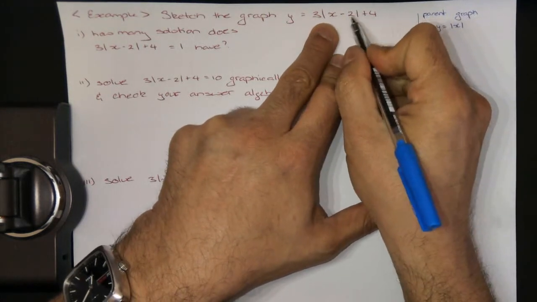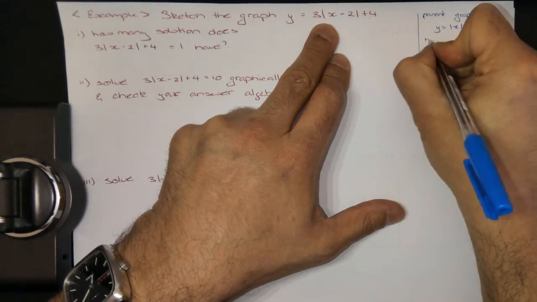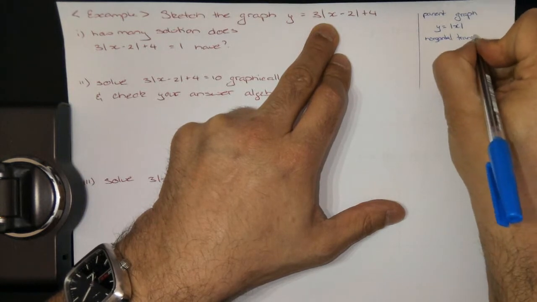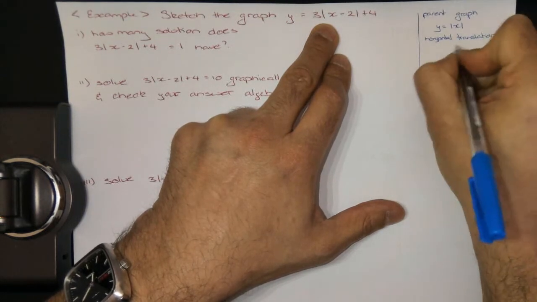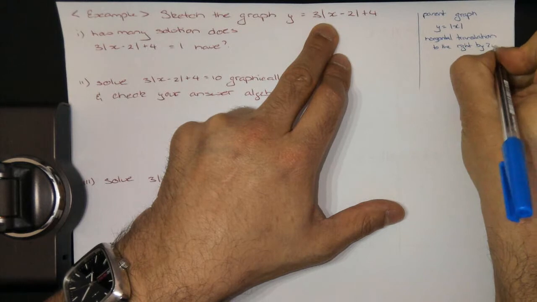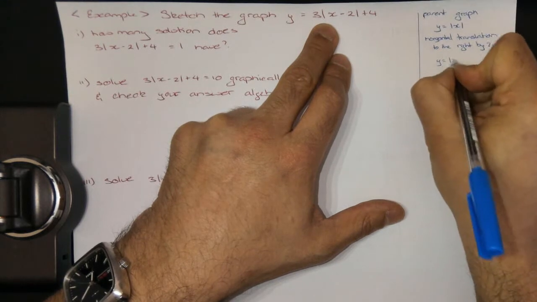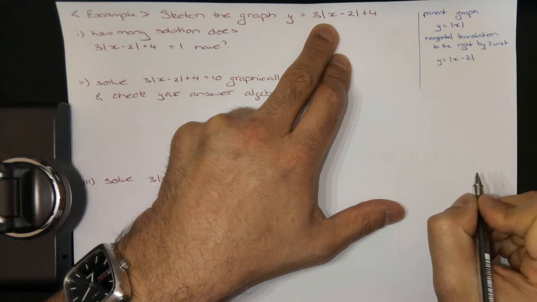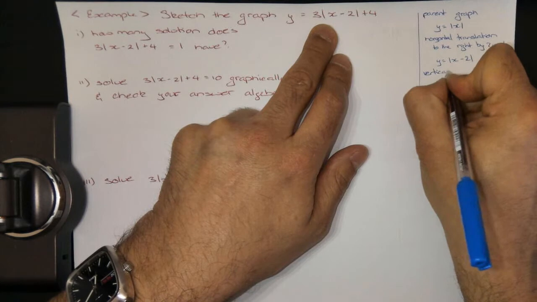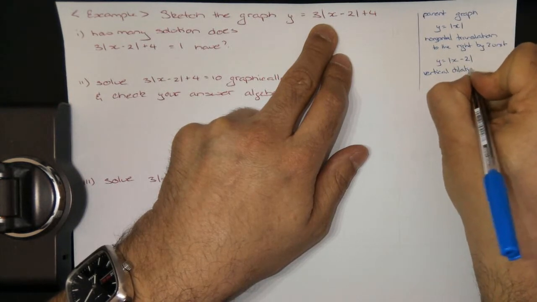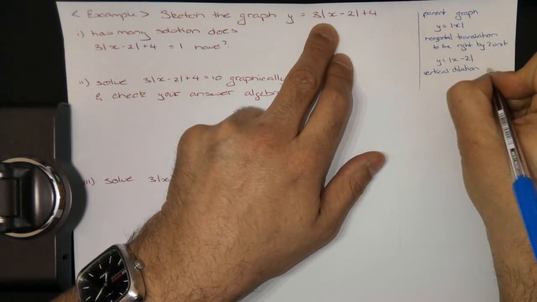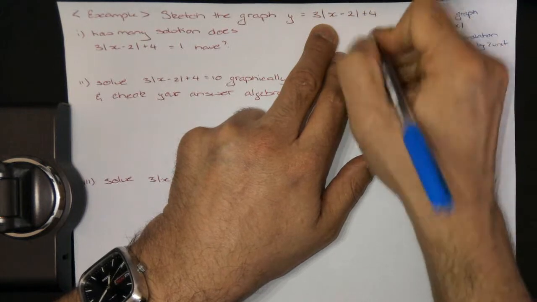It's got a horizontal translation to the right by 2 units, and that's going to give us that one. I then have a vertical dilation, which will make the graph narrower, a stretch. And then I vertically translate it up